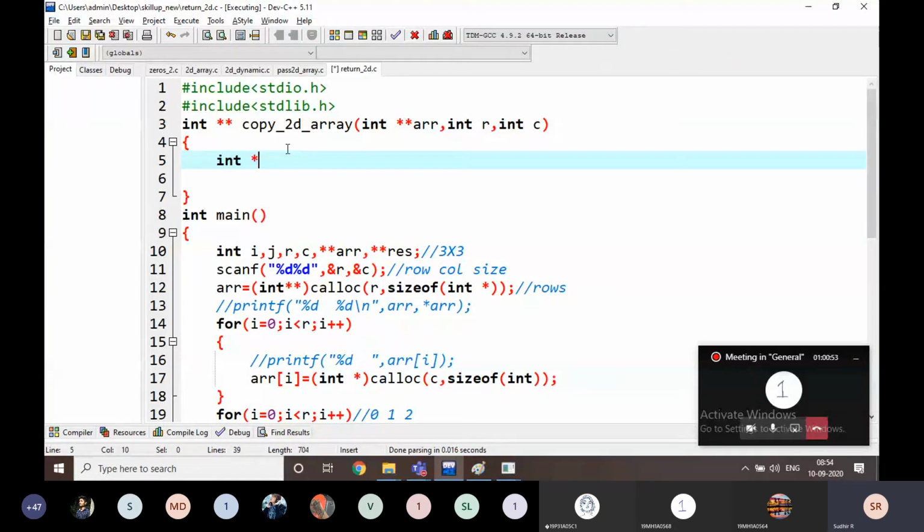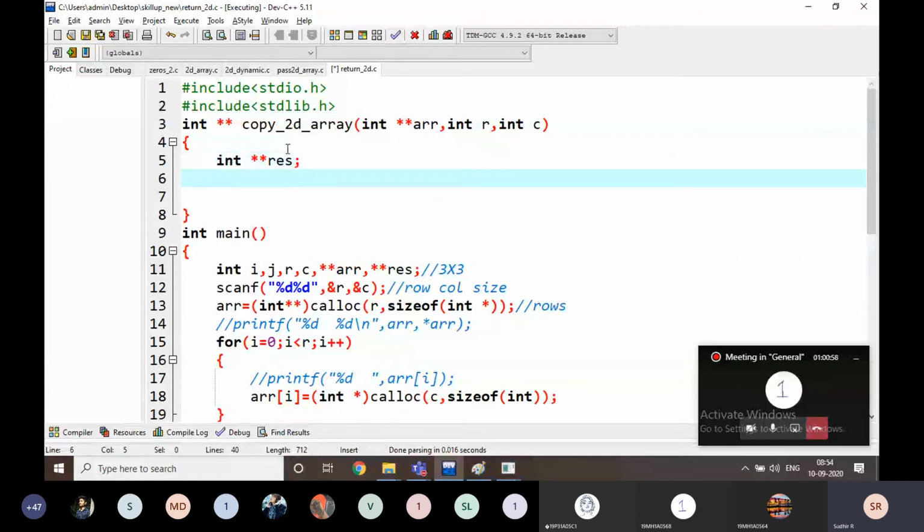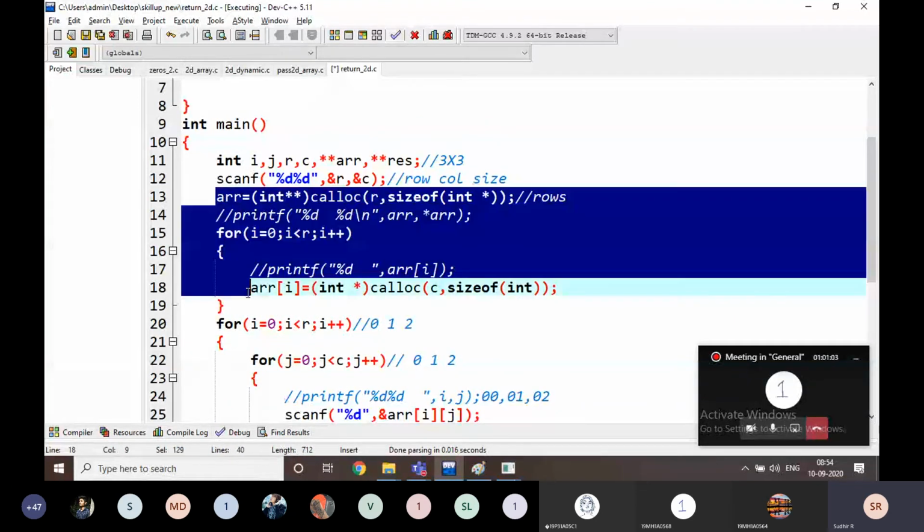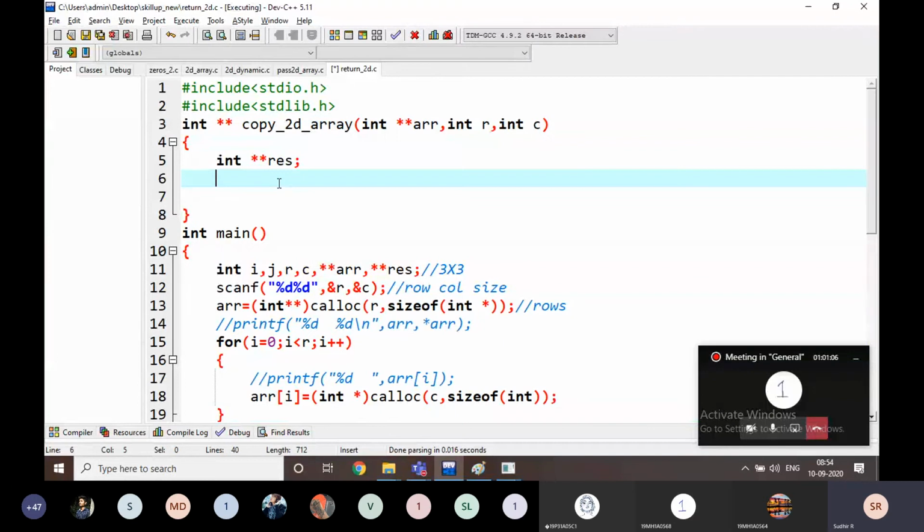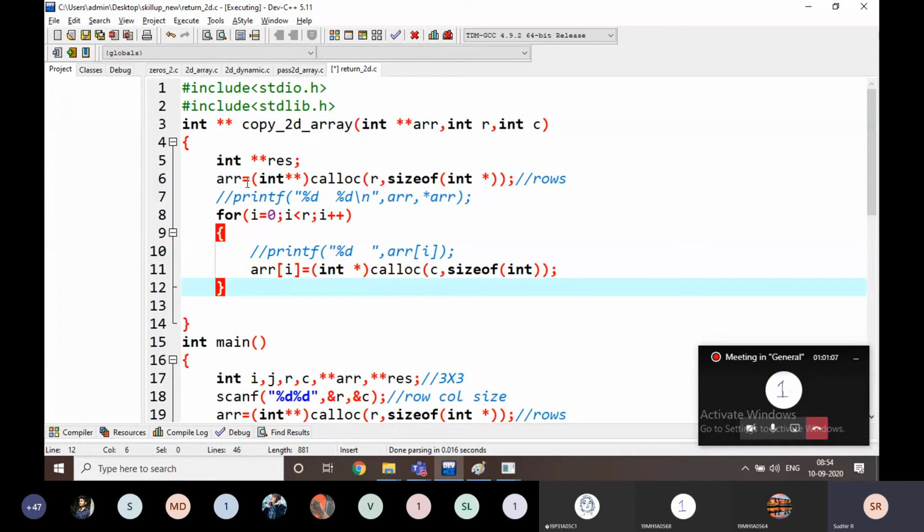I am going to write star res here. I am going to allocate the memory like this to res. I am going to allocate the memory